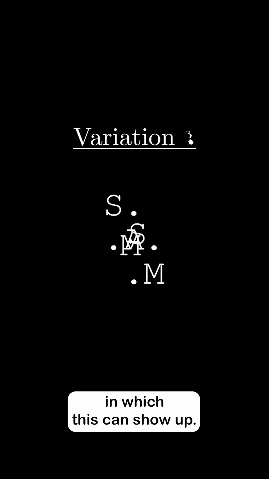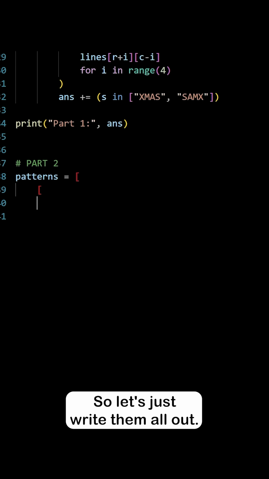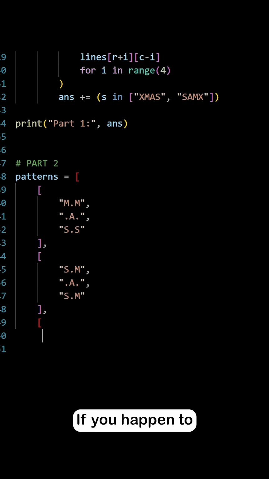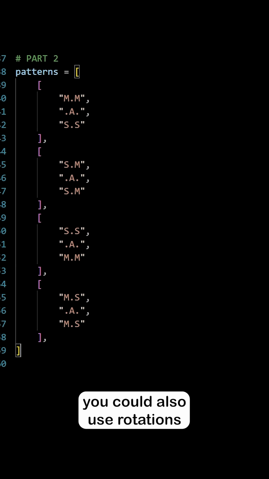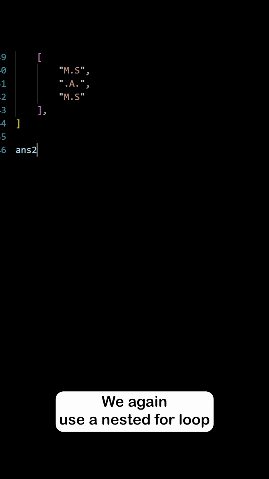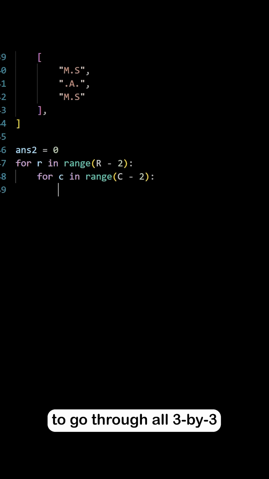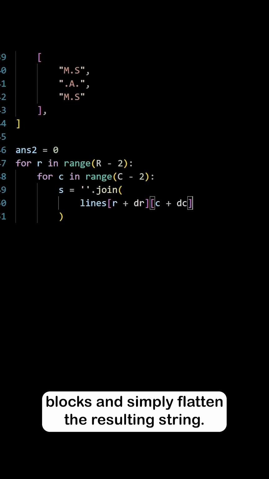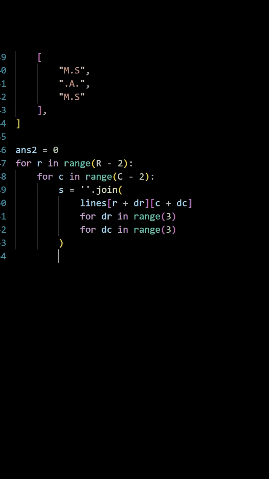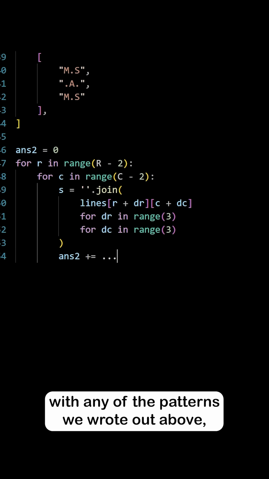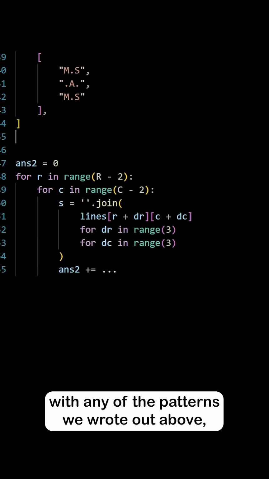If you think about it, there are only 4 different variations in which this can show up, so let's just write them all out. If you happen to use NumPy, you could also use rotations to make this more concise. We again use a nested for loop to go through all 3x3 blocks and simply flatten the resulting string. We would like to see whether it matches with any of the patterns we wrote out above, so let's flatten